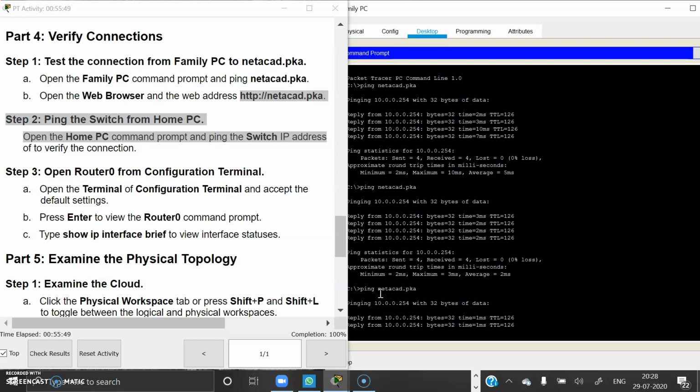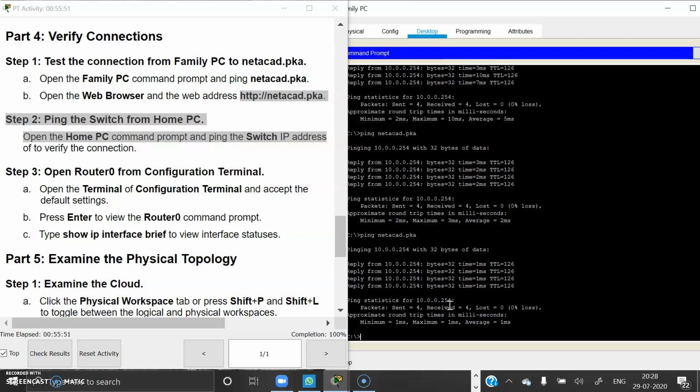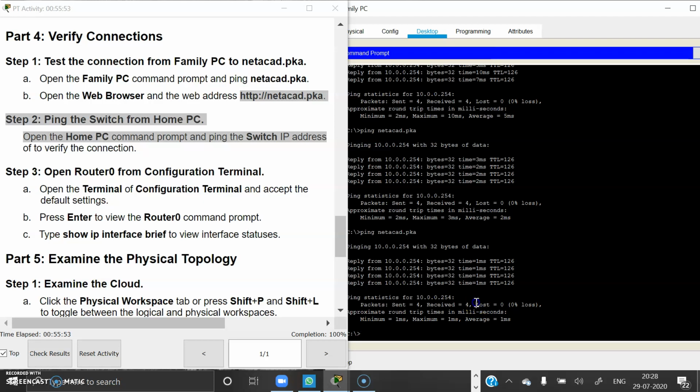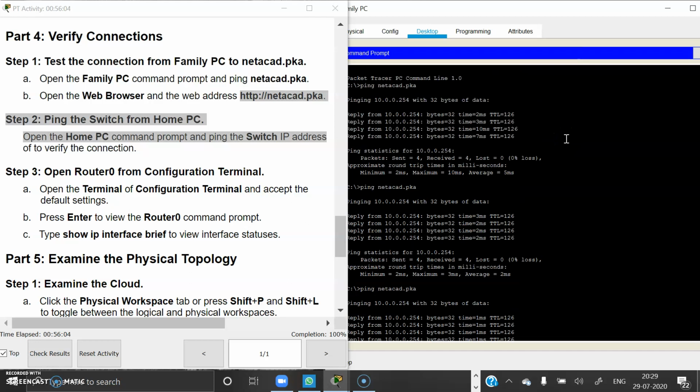Okay. We can see here the loss is 0%, and we got the response very fast because this is the third time I am pinging. When we ping for the first time, the response will be so late.